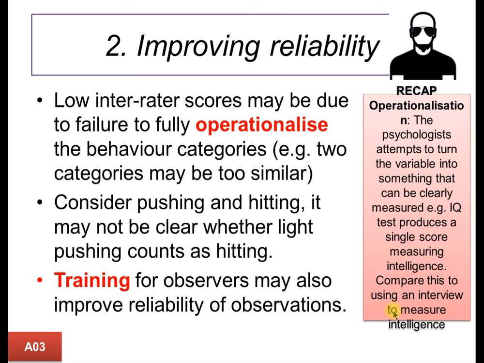So, how do we improve the reliability of observations? Well, there are some fairly obvious ways of doing this. If we have low inter-rater scores or low inter-observer coefficients, this could just be because we haven't operationalized the behavior categories appropriately. So we have two categories that are very similar, and that means two observers reasonably come to different conclusions. Pushing and hitting is always the one I use. When does a push become a hit? There's no clear boundary. So you might want to go back to your behaviour categories, redefine them, and repeat the